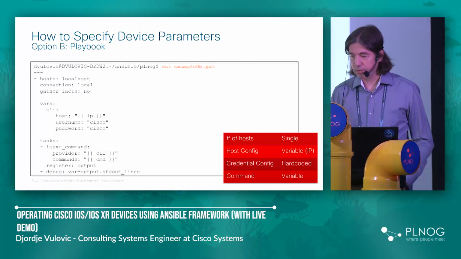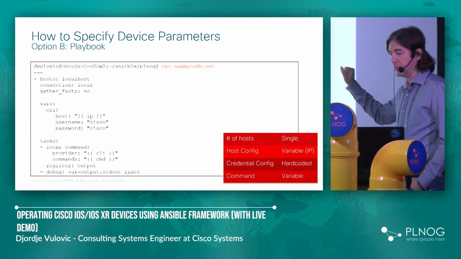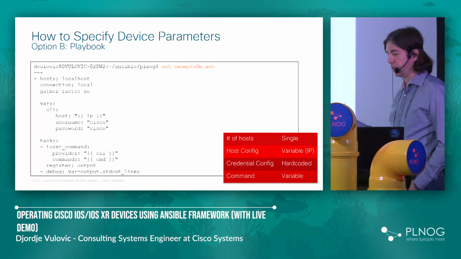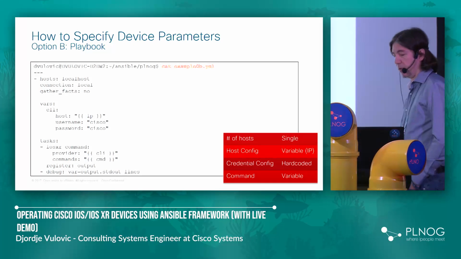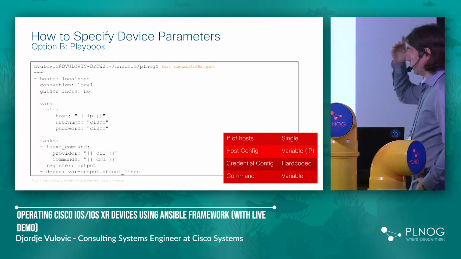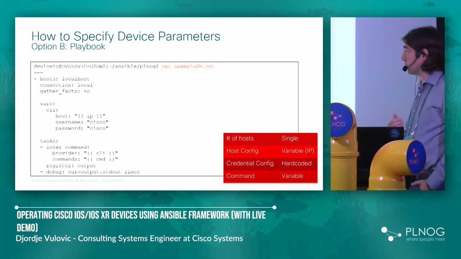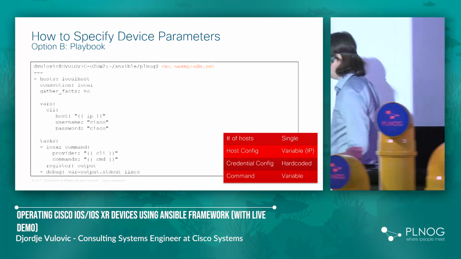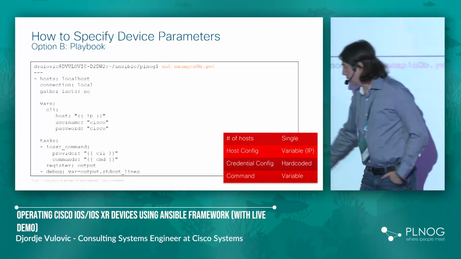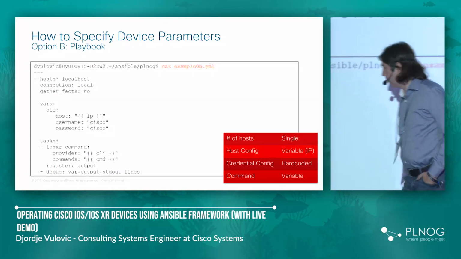So this is, let's say, kind of introductory playbooks which show how you can specify the different devices and different parameters, and then we'll go to the more interesting stuff. So if we don't want to hard code the host itself, we can define another variable, the IP address, and provide it as an argument to the playbook, and then